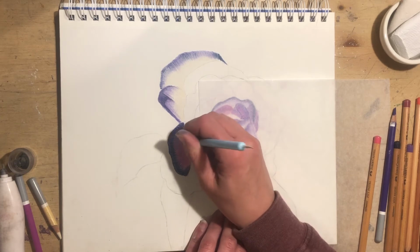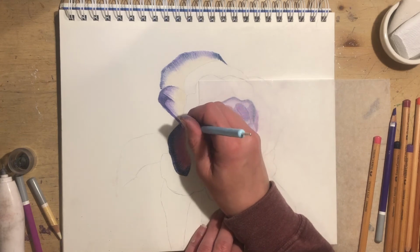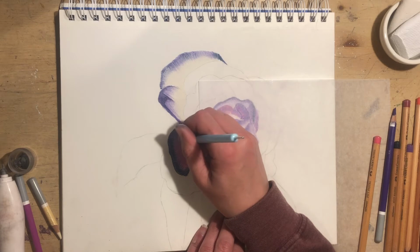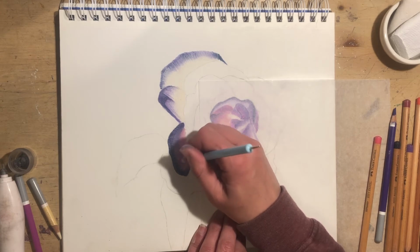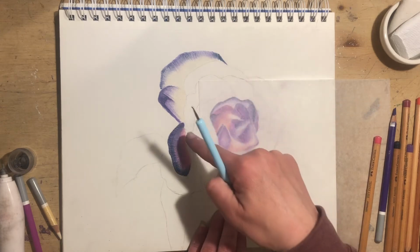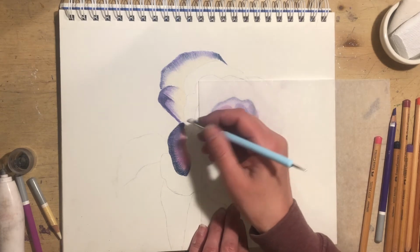So as I'm moving from blending the lighter colors, and then I'm going up to the darker colors and kind of blending them out. But I am leaving a bit of a, I'm not blending this purple in with this pink perfectly,